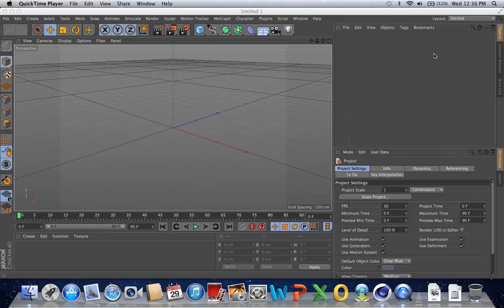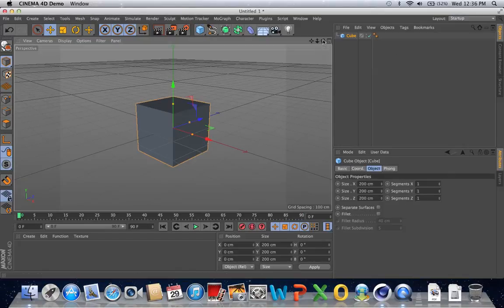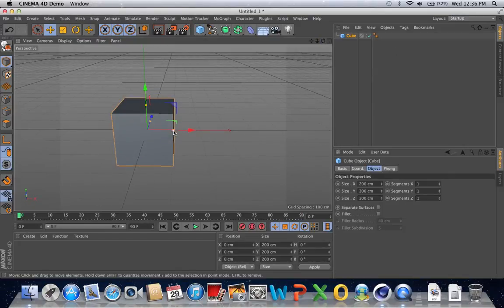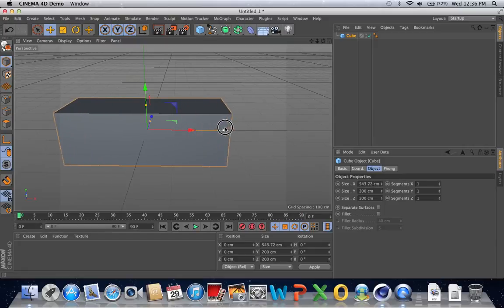Today we're going to continue our exploration of animation on Cinema 4D by learning about splines. So I'm going to introduce you to splines. Splines are basically paths that you can make or draw on your own on Cinema 4D that your objects can travel on when animated properly. So first I'm going to create an object, a cube as always, but today we're going to make